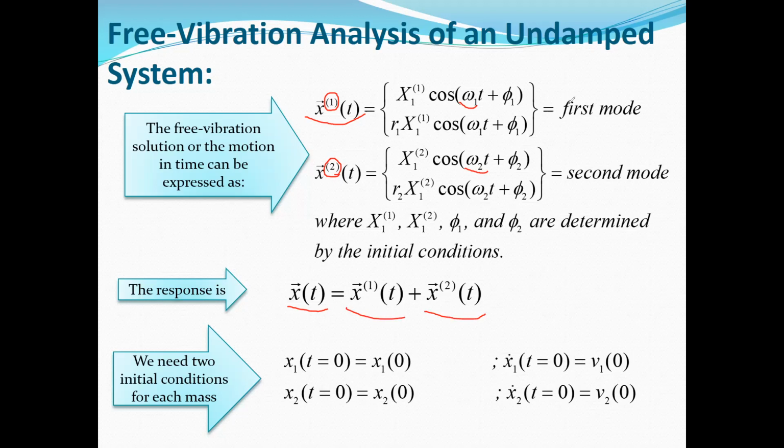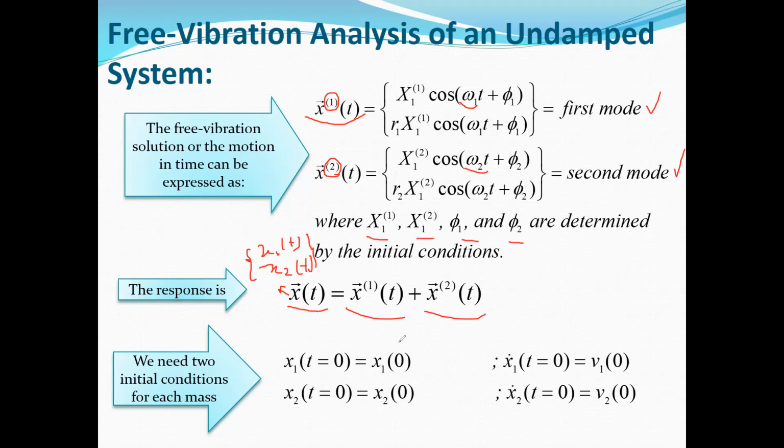This x1 I obtained here is the first mode, and this is the second mode. And finally, we can find the x(t), which, in fact, is a vector. It includes x1(t) and x2(t). So this x(t) is a vector as well, and it's equal to the first mode plus the second mode, and we have some coefficients, and these coefficients x1, phi1 and phi2 will be obtained